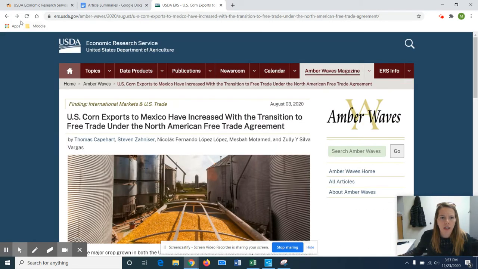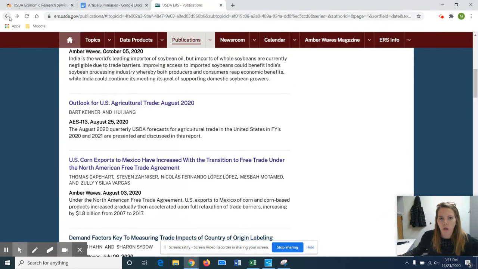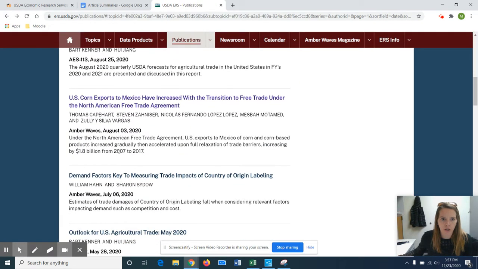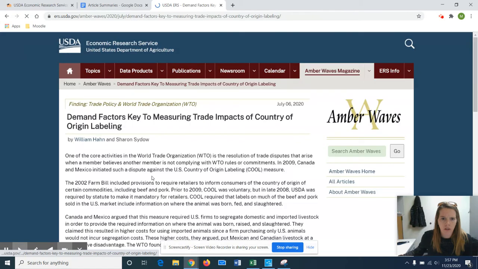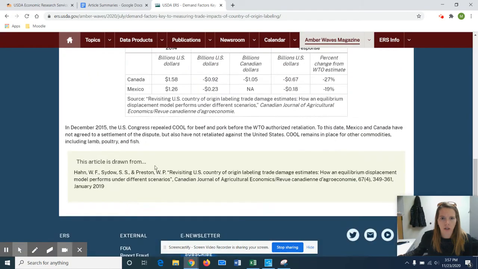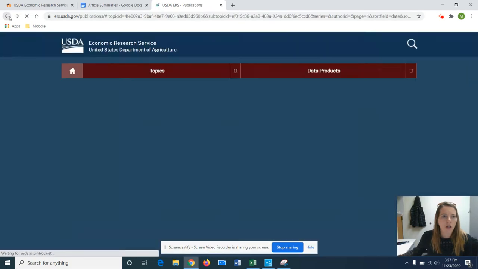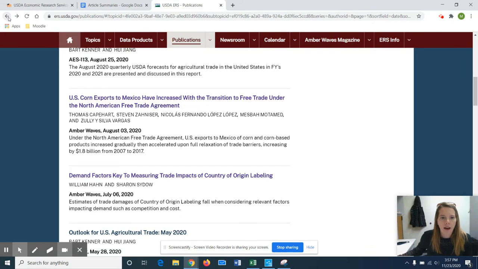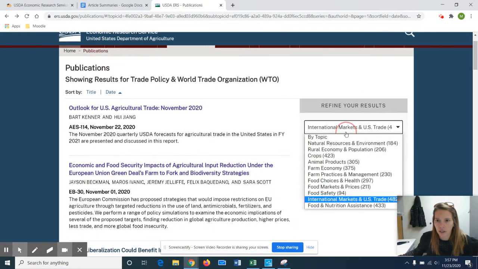Other articles are more clearly shown to have summaries associated with them. Let's click on this one and see this. Okay, that's a summary also. Some of them have the full report and the summary already listed with them. So let's try